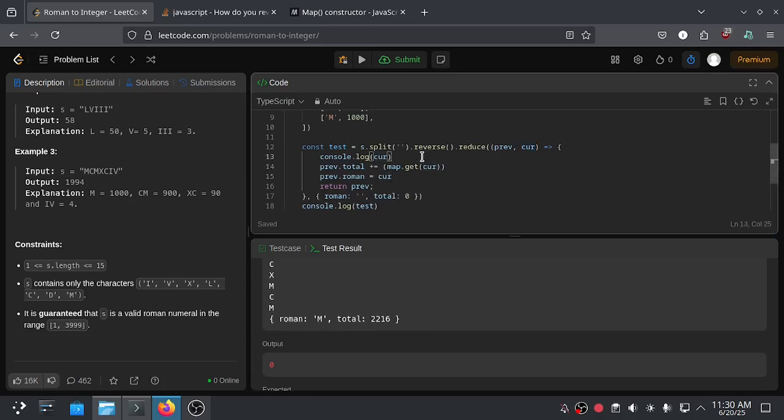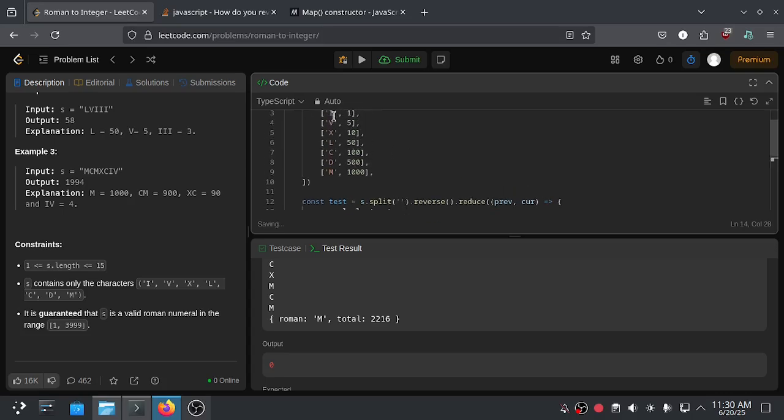So we can add an if check to see if the previous Roman is higher or lower. So check with map.get, we are getting the value of the current, to check if the current value is lower than the previous, for example I is lower than V, which it is.